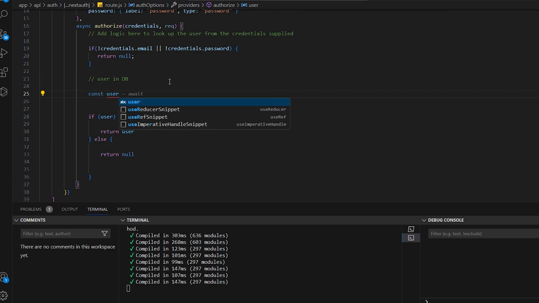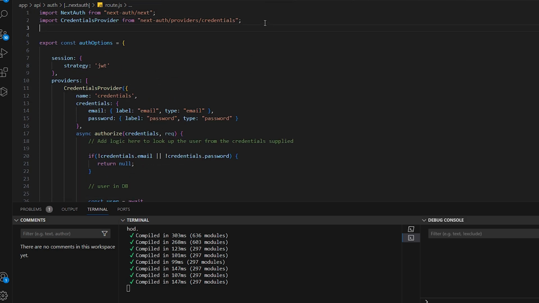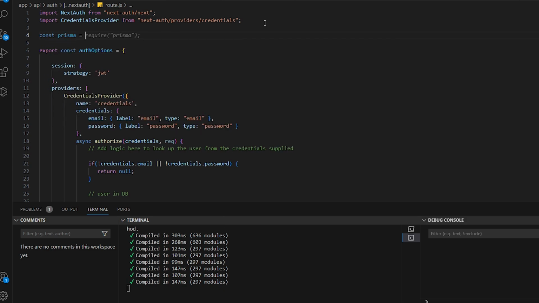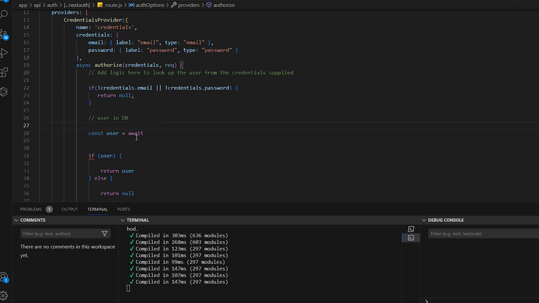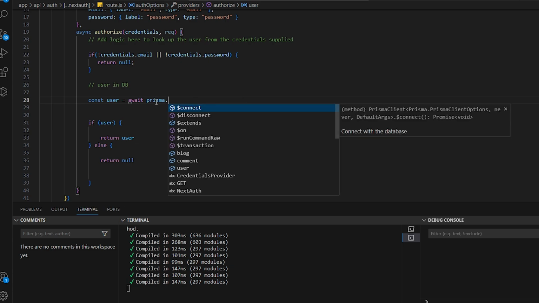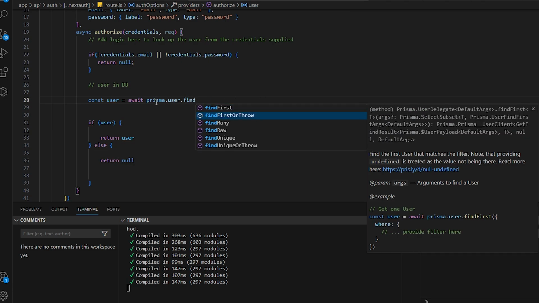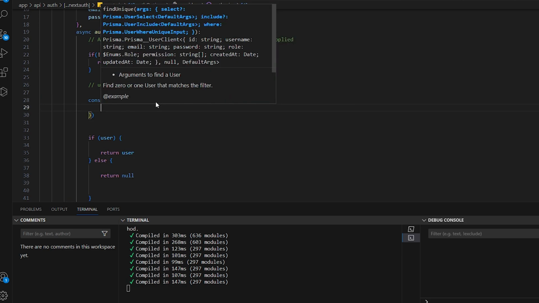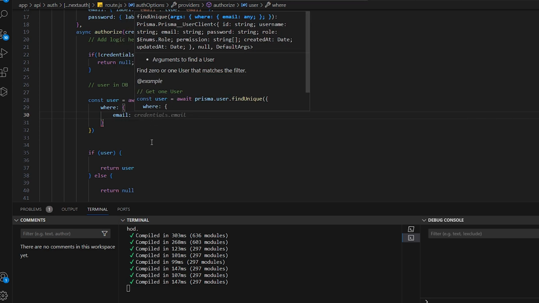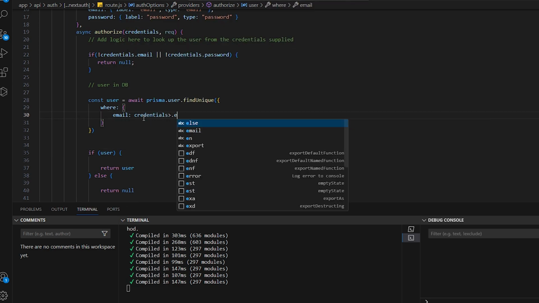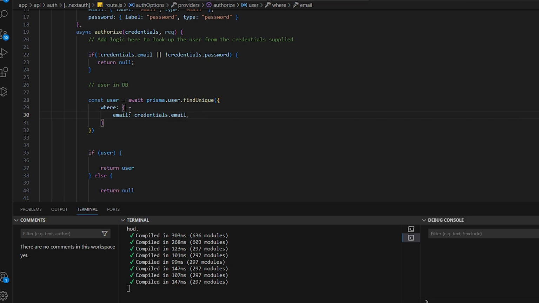So const user is actually await, and we need to work with Prisma. So we need to import it: const prisma equals new PrismaClient. So we need to work with it, and here we need to go inside prisma.user.findUnique, where email is actually credentials.email. If the email matches in the database with the credentials email that the user has given,